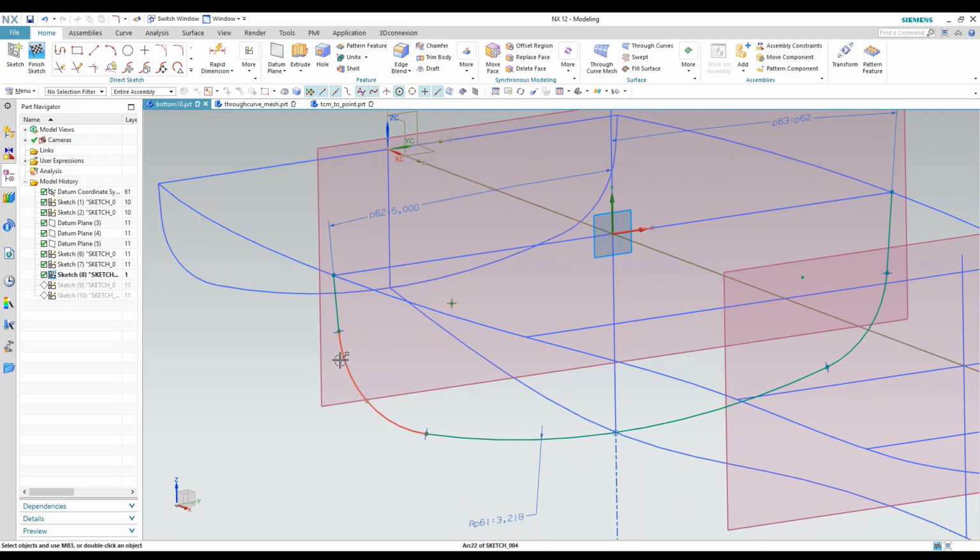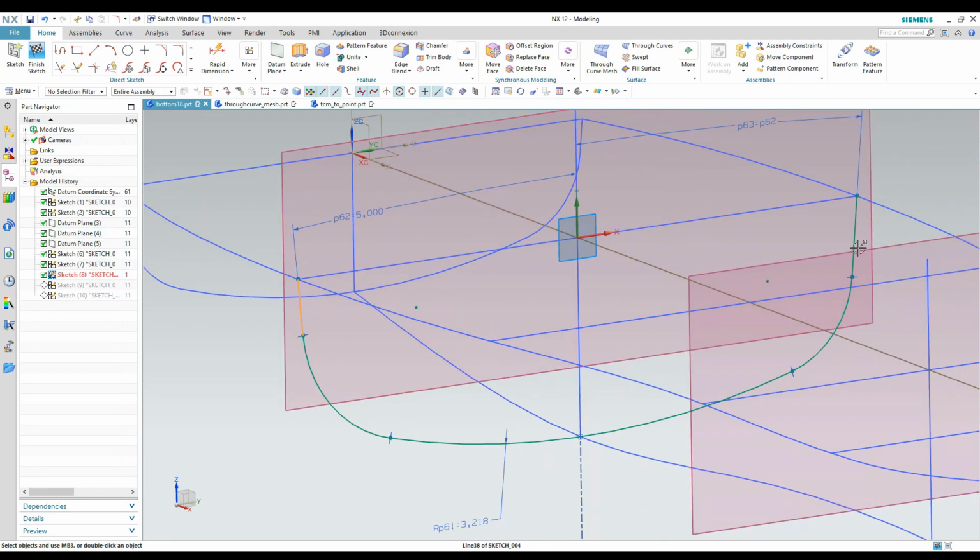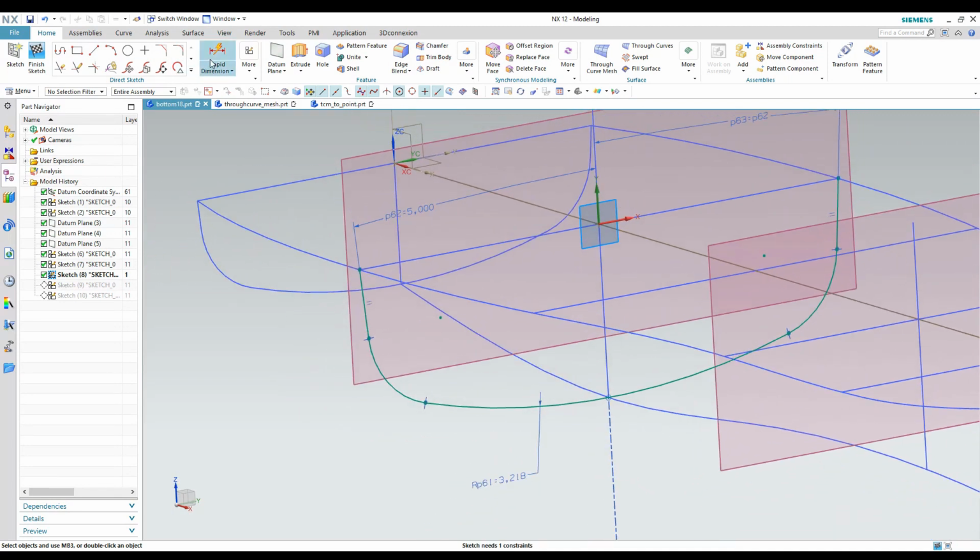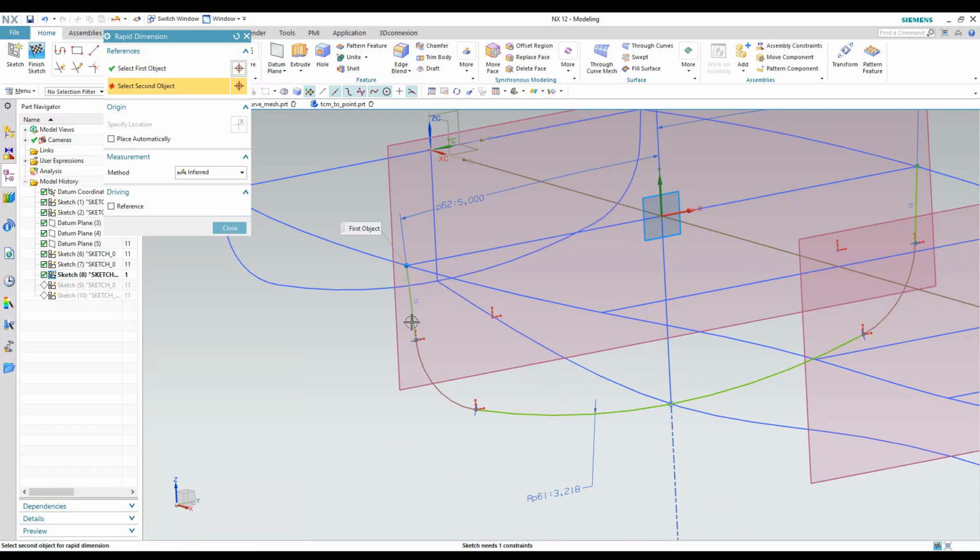And then I can either make these two radii equal or make these two lines equal length. It doesn't matter which one. They're going to accomplish the same thing when constraining the sketch. And then what I usually do is constrain the length of this line